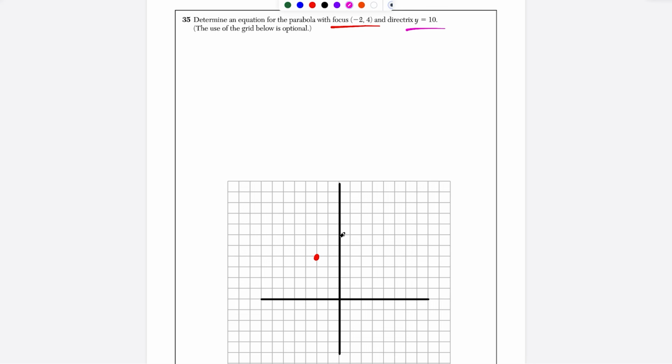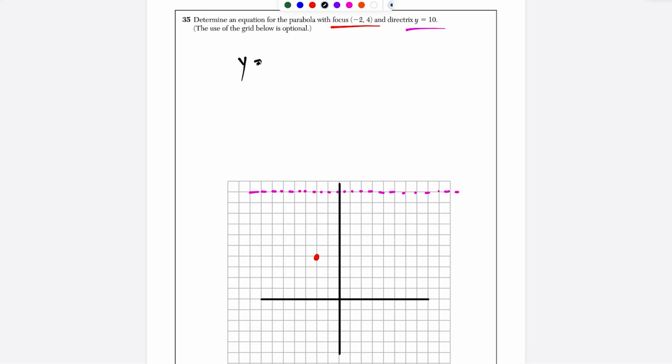I'm going to go up 5, 6, 7, 8, 9, 10. So this is where the directrix is. So this is just to help us visualize what's happening. We're not going to actually be graded on what we put here, but this is just here to help us. For some questions, the grid is optional and the work can count whatever you put on the grid, but I'm just going to use this space to help us build our equation,